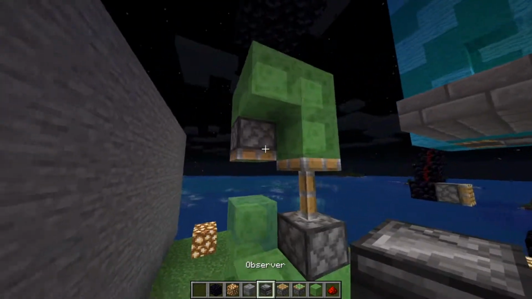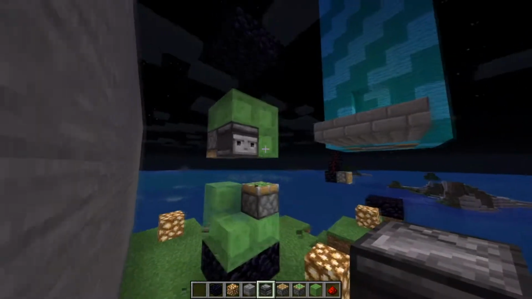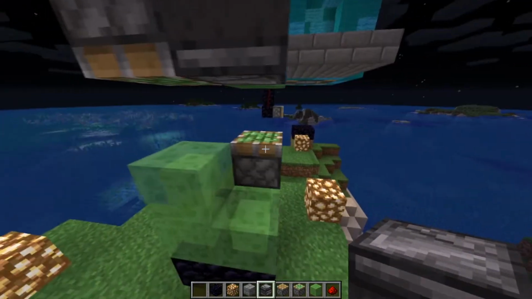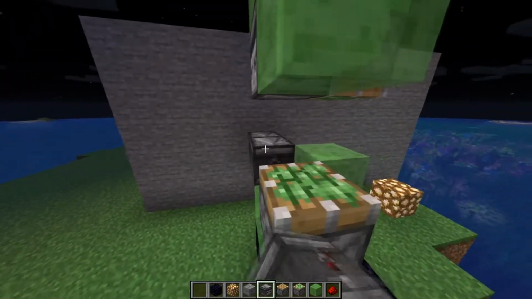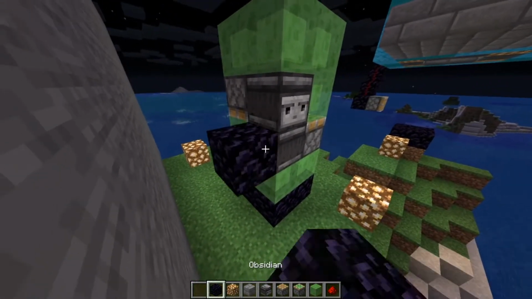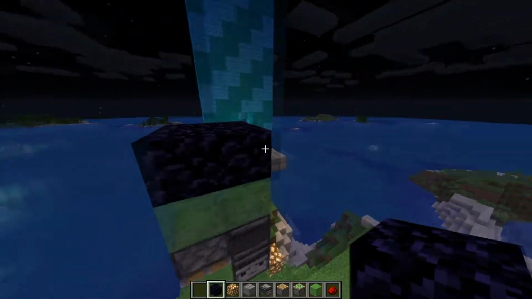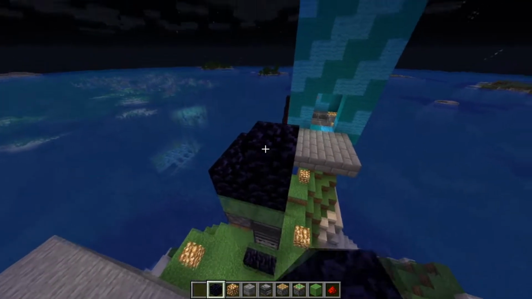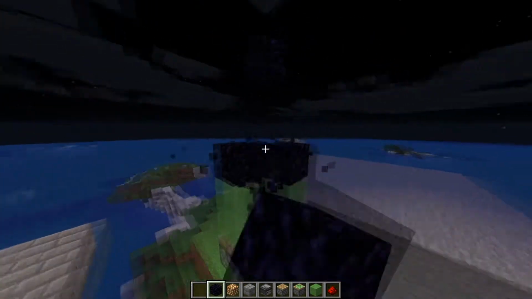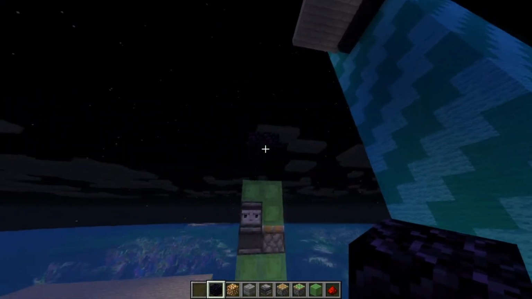Okay, so I did that wrong. The front of the observer needs to face away from the piston that it's feeding into. So now if I put a block here and then break it, it updates, and the only reason it doesn't go any further is because it hits the obsidian here, which is an immovable block. So that's really all you have to do, is make sure that you have an immovable block at the top,